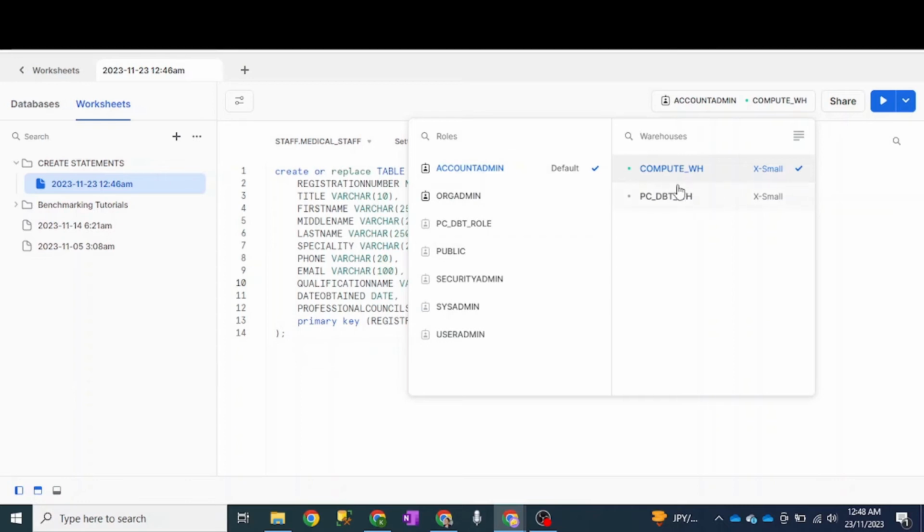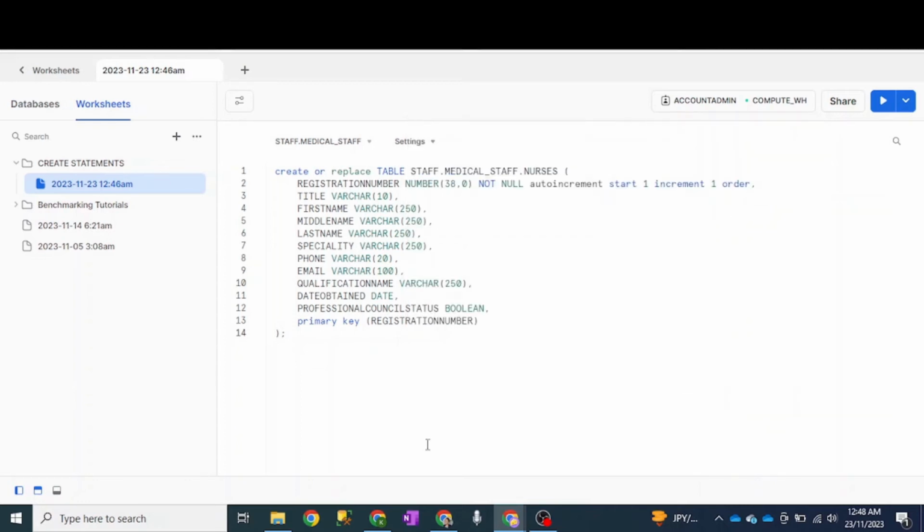For now, we're using this extra small one called Compute Warehouse. I'm still on my free trial. So we're going to call this nurses. And you notice that it came with a create or replace